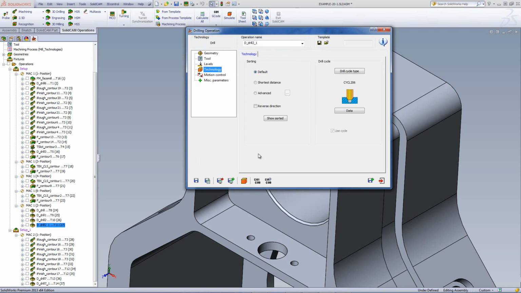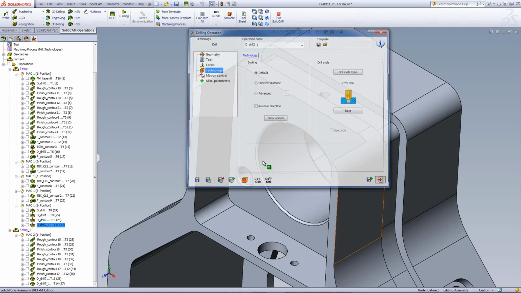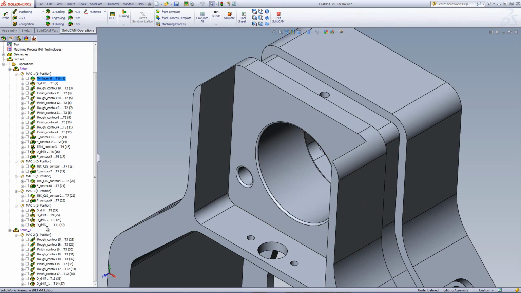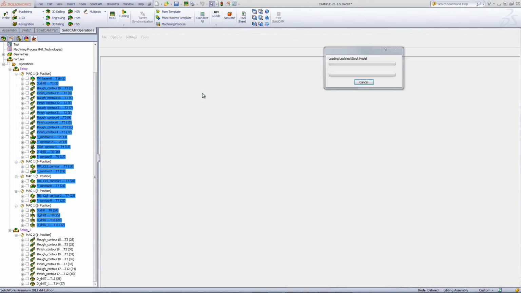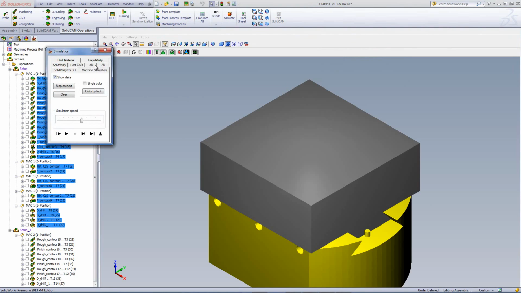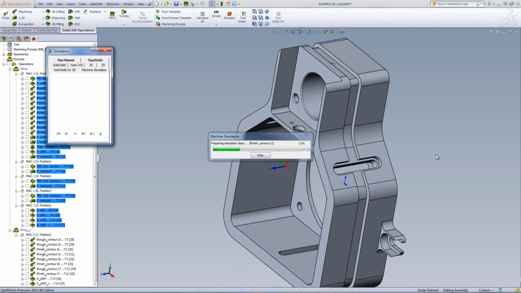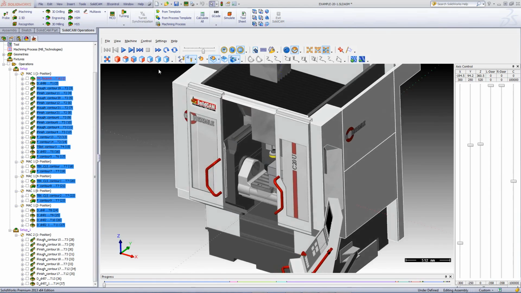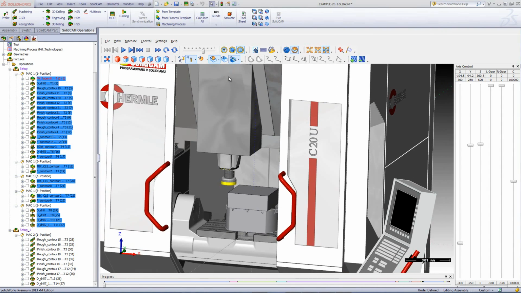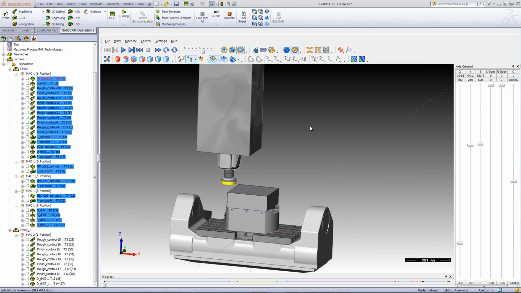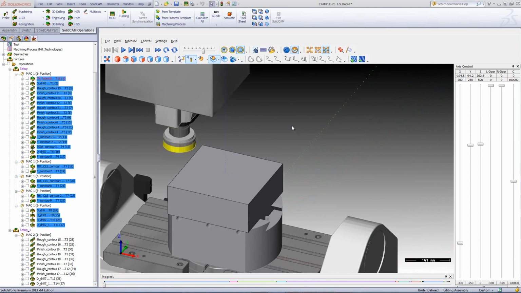Now let's run simulation on all of these operations that I've done so far on this first particular MAC position, the one that goes in the very first fixture that I have for this part. I'll run the simulation, and the simulation that I'll run this time will be machine simulation, so we can see exactly how it's going to look on the machine itself. Now we can see here the machine itself with the part mounted on the machine. Let's just get rid of the housing of the machine so it makes it a lot easier to see the table itself. And we'll start our